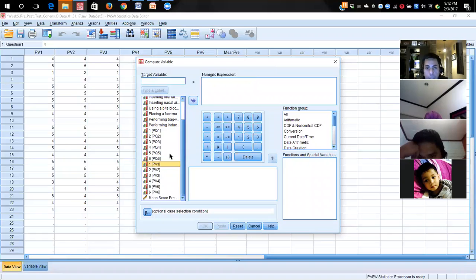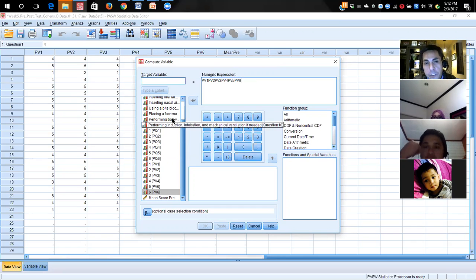So you actually need to tell the computer, SPSS, to get the means of the 6 variables. Or else the computer will give you individual pre and post-test differences for your pre-test 1 and post-test 1, pre-test 2 and post-test 2. You don't want that. You really have to get the average of all your entire